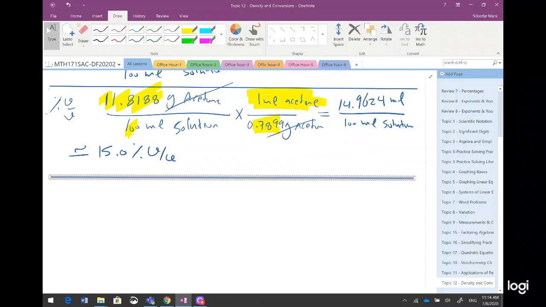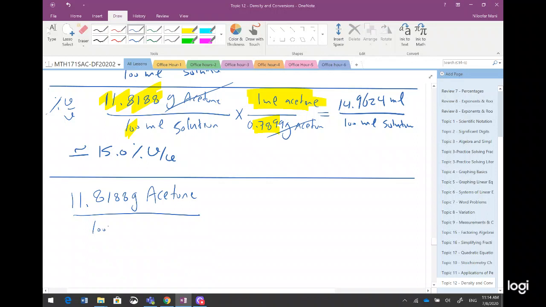Okay, so it is 11.8188 gram of acetone over 100 milliliter of solution,